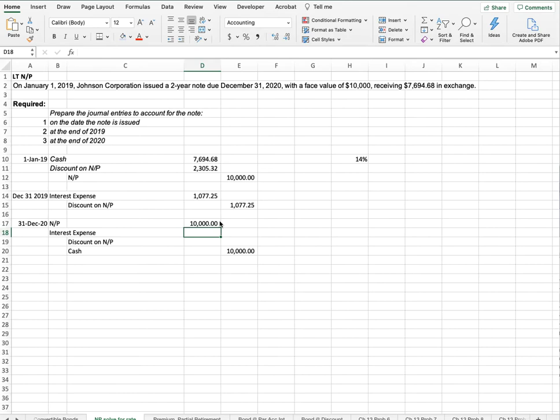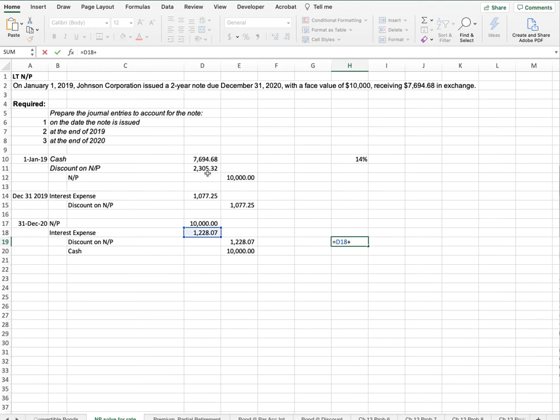And so we can do that by saying equals the $7,694.68 plus this $1,077.25, close parentheses, times our 14%, technically we would say times 1, and we get $1,228.07. And then we could confirm that equals our discount,